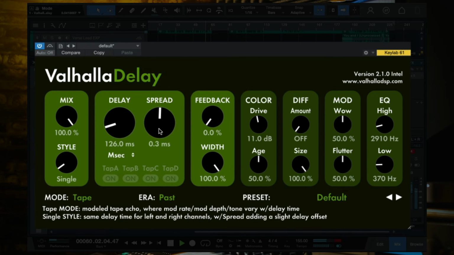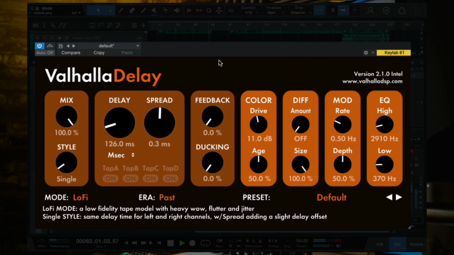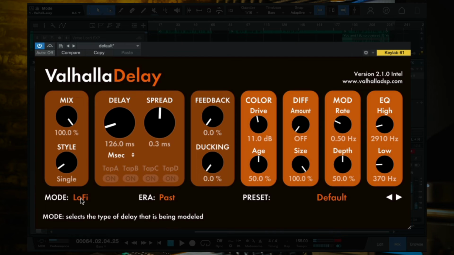Not the same, let's give it a try for a while, please don't hide. You and I. So even just being in lo-fi mode, the delay itself has a warmer tone to it, not